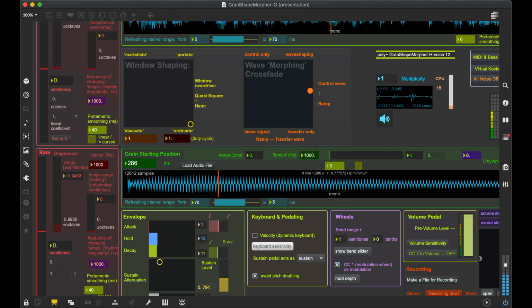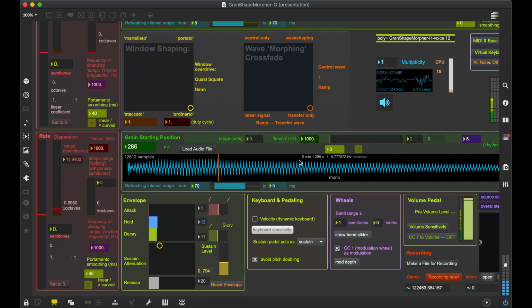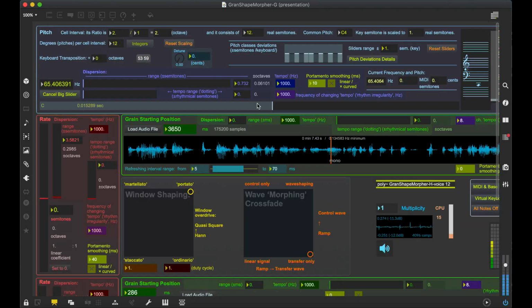By this 2D slider, we can change gradually from the control sound to wave shaping and to the transfer sound. Our transfer sound is actually a sound of a vibraphone.